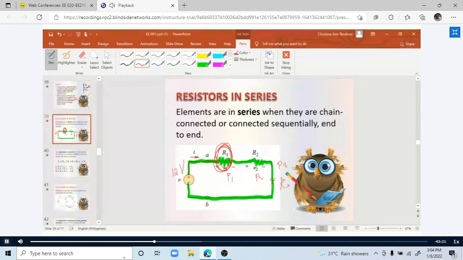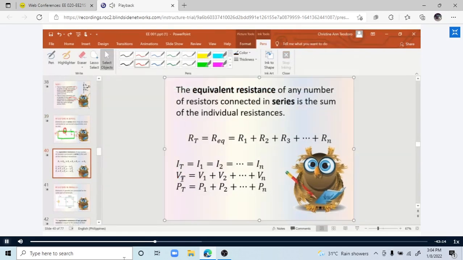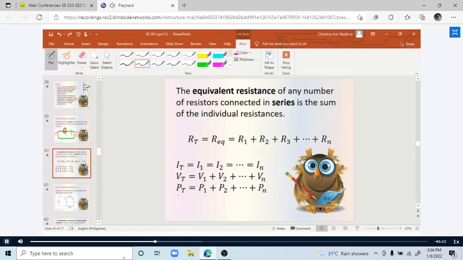Voltage multiplied by the current. Very good. Okay? So power is equal to your voltage multiplied by your current. Therefore, your total power can also be determined by the total power is equal to the total voltage multiplied by